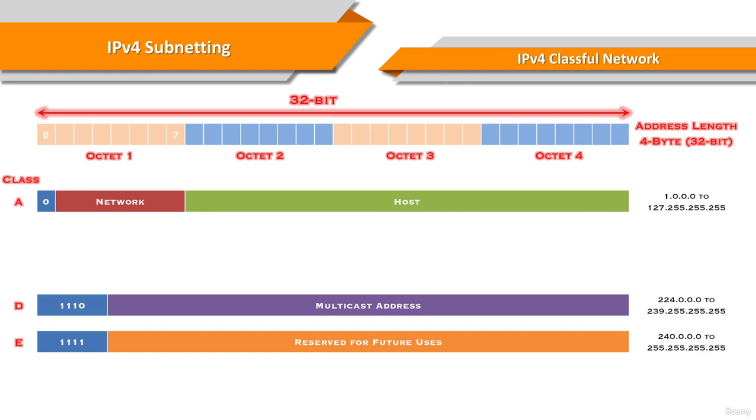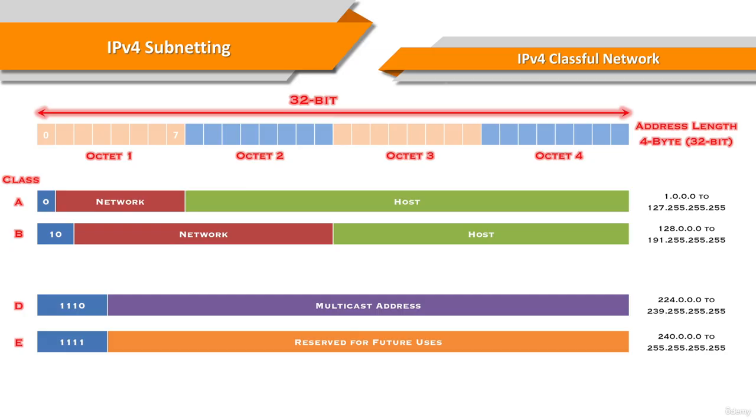65,536 hosts. In a Class B address, the first 2 octets are the network portion, so Class B has a major network address of 128.0.0.0 all the way through 191.255.255.255. Octets 3 and 4, that means 16 bits, are for local subnets and hosts. Class B addresses are used for networks that have between 256 and